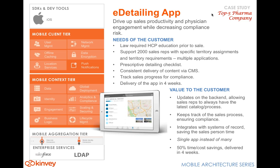So we'll end with a story of a client of ours here, which is a top 5 pharma company, and they wanted to build this application. It's called an e-detailing app, which really their objective was to drive sales productivity. They have these salespeople walking around to prospective client offices. They are not always connected to a network, and typically they travel with an iPad or a smartphone. And to improve their productivity and their engagement with the prospective client, which is a physician, they also needed